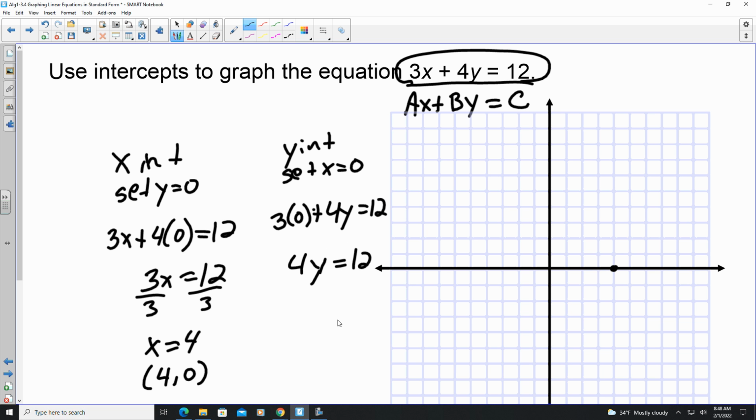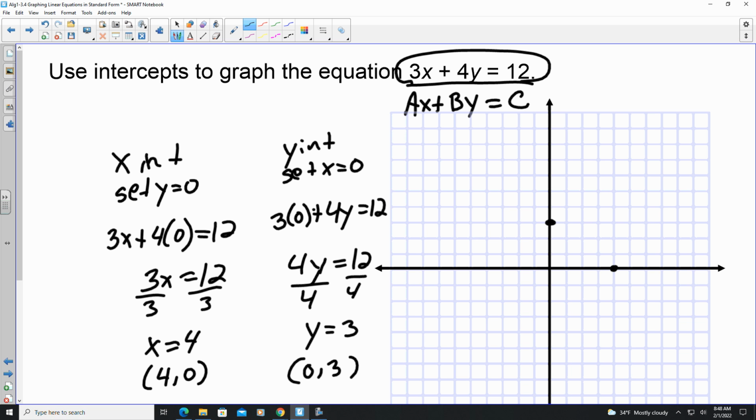3 times 0 is 0, so now I just have 4y. 4y is equal to 12. Divide 4 on both sides. y will now be equal to 3. So my y-intercept is going to be 0 comma 3. Go up there and plot the point,